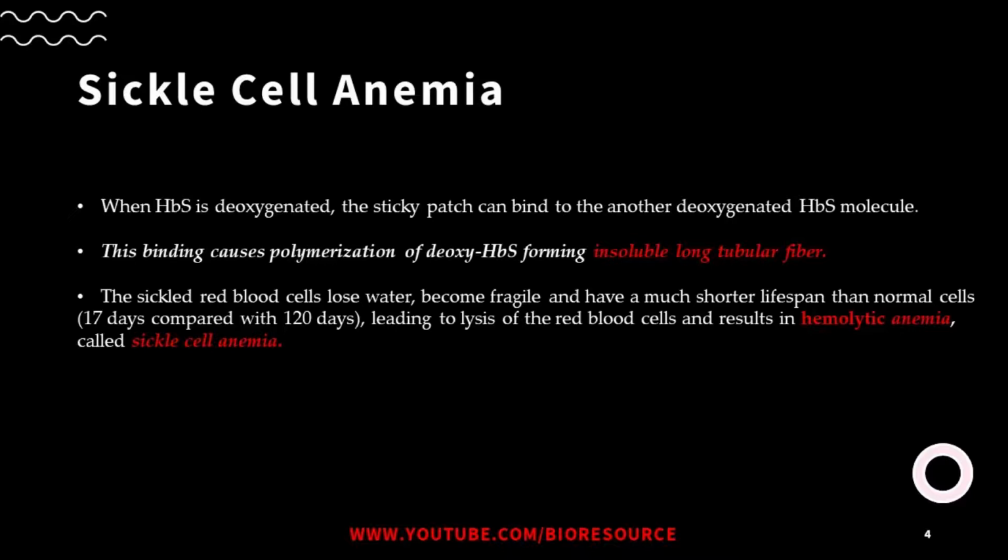Let's see sickle cell anemia and the sickle cell trait. Sickle cell anemia is a homozygous disorder in which the individual has inherited two mutant globin genes, one from each parent, and it is characterized by chronic hemolytic anemia, tissue damage, pain, and increased susceptibility to infections. So people with this condition will not survive to adult age.